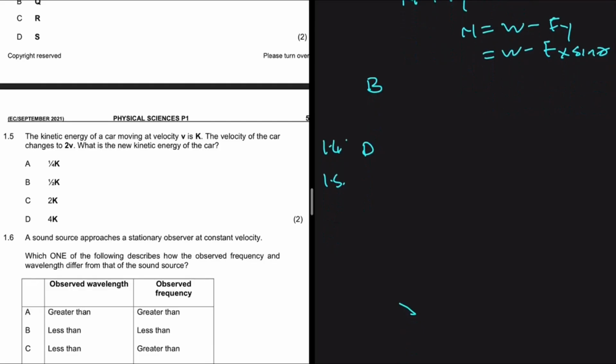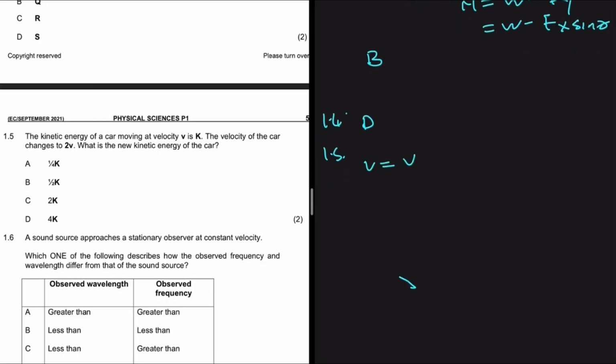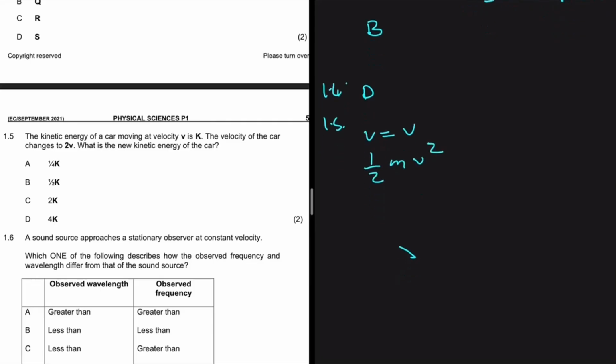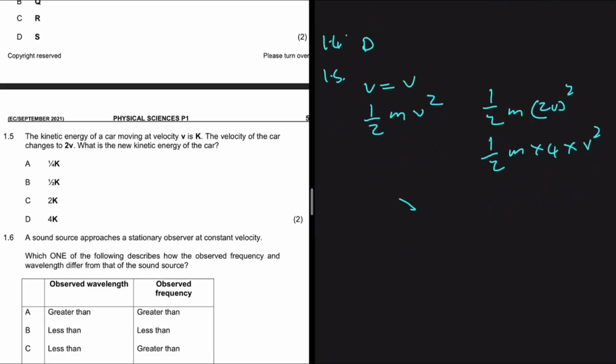So for the first instance, we have our velocity being equal to V, right? And then if we calculate the kinetic energy there, we're going to get 1 over 2 the mass times V squared, right? But then now the velocity has changed, and it's now 2V. So what will be the kinetic energy? 1 over 2 m, and in place of V, now we don't have V anymore, but we have 2V, right? So we have 2V squared. So we're going to get a half the mass. What is 2V squared? 2 squared is 4, right? And then V squared is V squared. So now we have a half multiplied by 4. So we're going to get